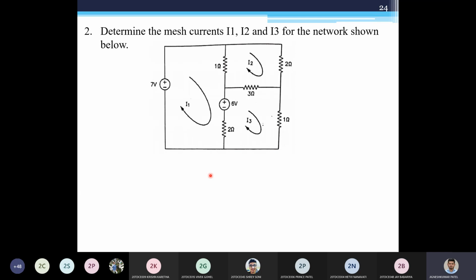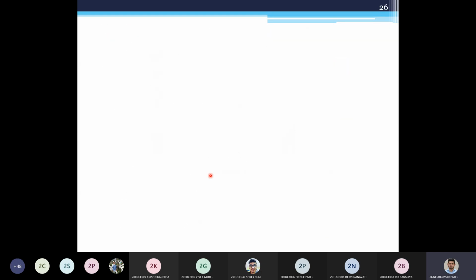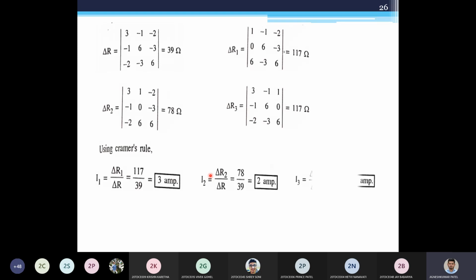So now we can move ahead. I'll give you one assignment tomorrow or Monday, where you will be asked to solve the examples based on unit 1 and unit 2. I'll give you the assignment and you'll submit it. Okay. Now let us start with the next part, and that is nodal analysis.